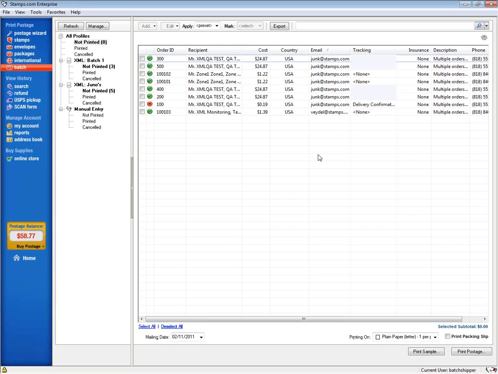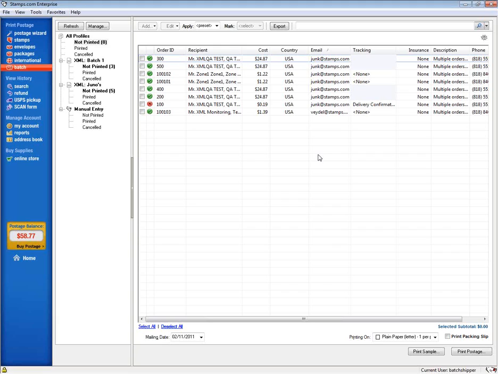And Stamps.com will also automatically post back to your e-commerce store such shipping details as the tracking number. This helps you to build buyer confidence by giving your buyer information which allows them to know their package is on the way. So what you're seeing right here, ignoring the blue navigation bar, is the batch